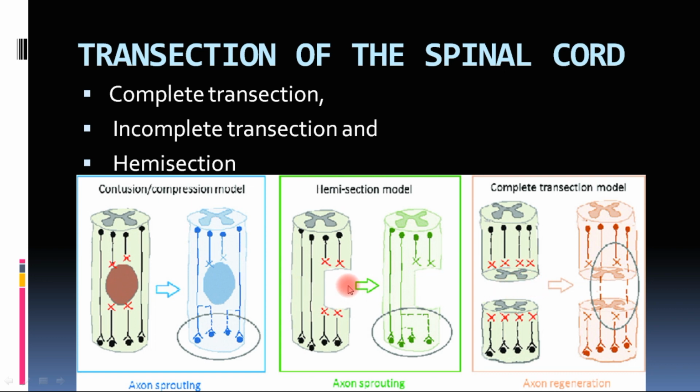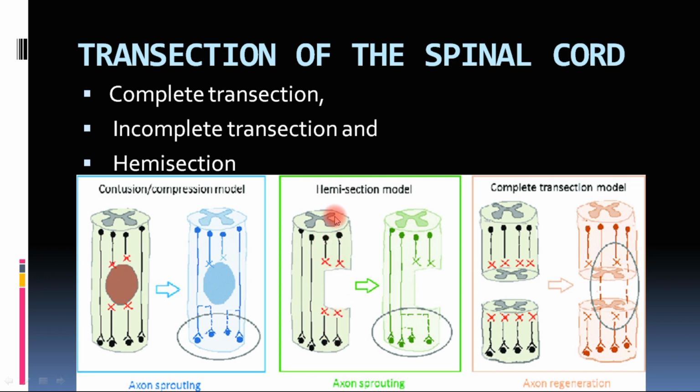On the affected half, the descending tracts will not be reaching the lower spinal segments, the segments which are lower to the hemisection, and the signals arising for the ascending tracts from the sections lower to the hemisection will not be going up to the brain,